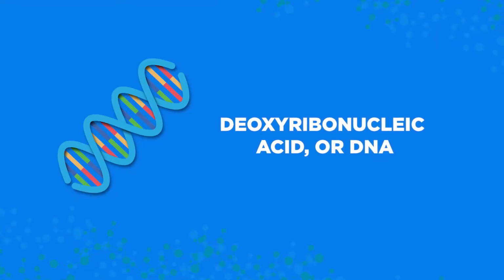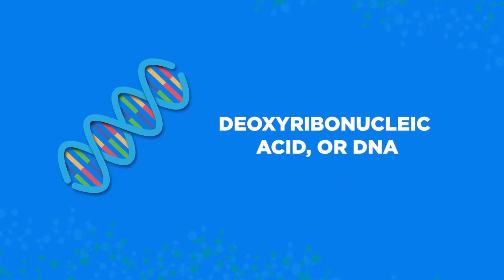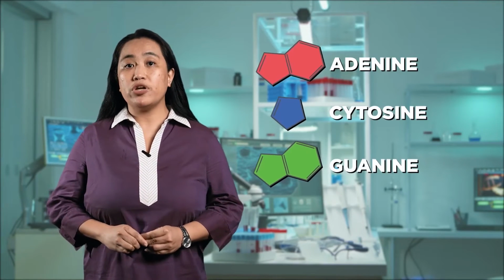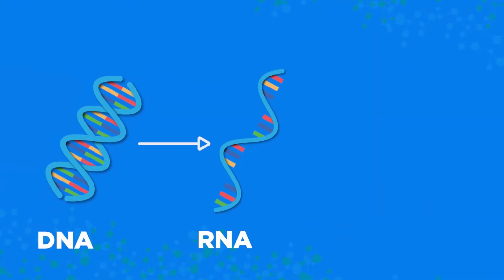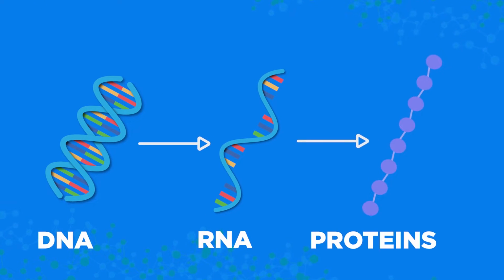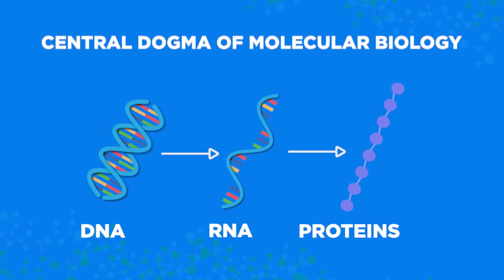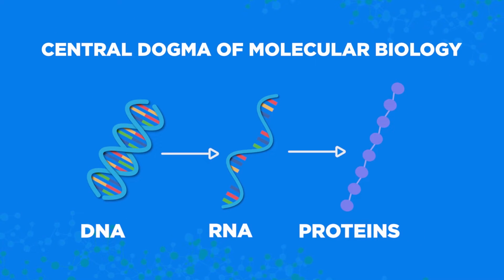As the genetic material, the deoxyribonucleic acid, or DNA, contains instructions for an organism's growth and functioning. These instructions are encoded in the sequence of nucleotides, or the building blocks of DNA. These are A for adenine, C for cytosine, G for guanine, and T for thymine. In a cell, genetic information flows from DNA to RNA to proteins. This flow of information is referred to as the central dogma of molecular biology, and it involves three processes: replication,